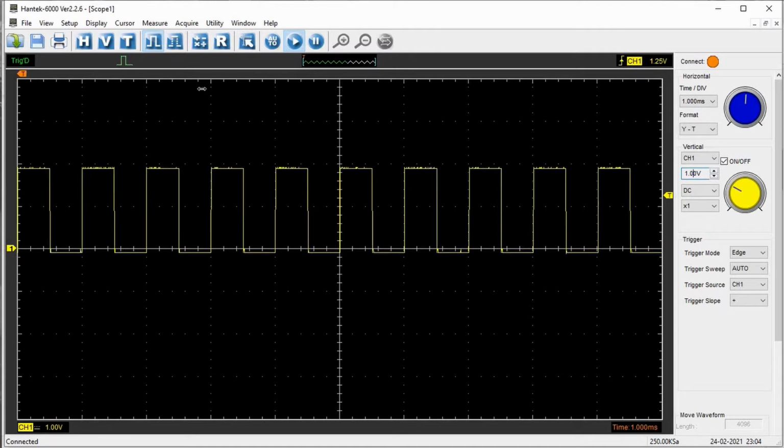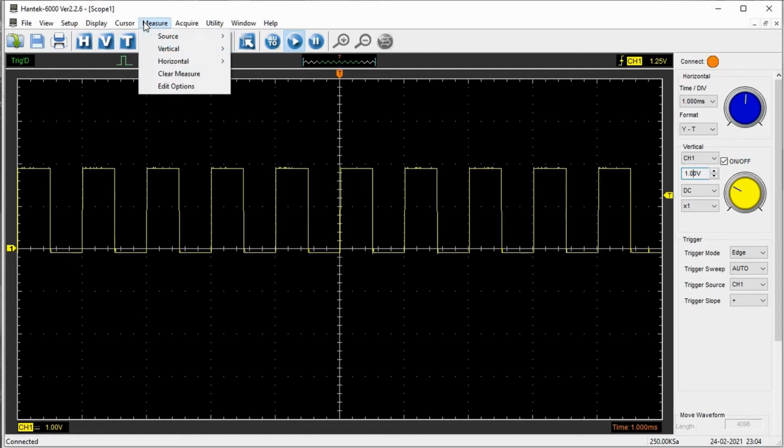Okay, let me move the trigger. I'll tell you what this trigger is doing. So now this is the start point. The waveform starts here and this is the first cycle, and on this x-axis, one full division is 1 millisecond. So now I know that my period is 1 millisecond, so my frequency is 1 kilohertz. Basically, we have come to the conclusion that the x-axis, the time scale, is correct.